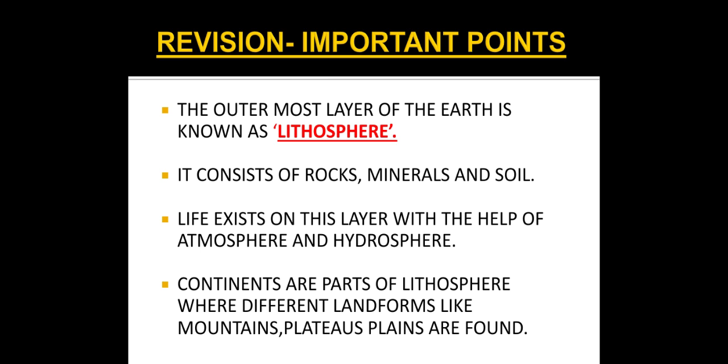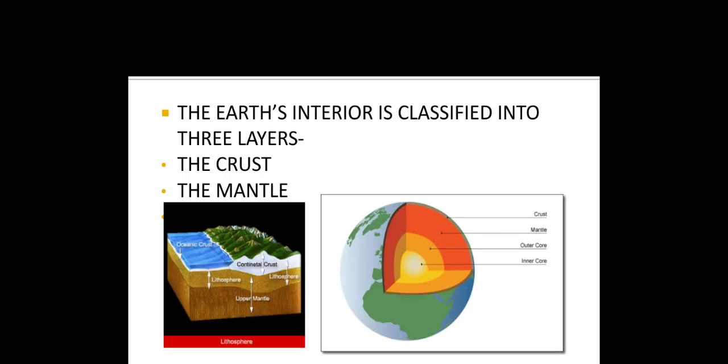Then we saw the Earth's interior is classified into three layers. So you can see the picture here. I have shown the Earth, geoid shape, the crust, mantle, outer core, inner core. Like this, the Earth is divided. On the left hand side, I have shown you, from below, the upper mantle, the lithosphere, then the oceanic crust and the continental crust. So remember that on the Earth's surface, this crust we are floating. So there are continents and down there the oceanic crust.